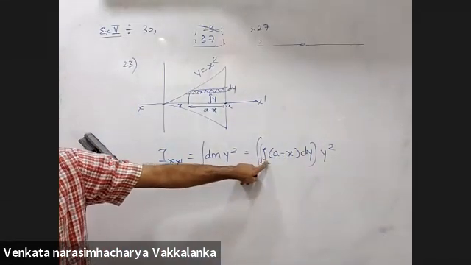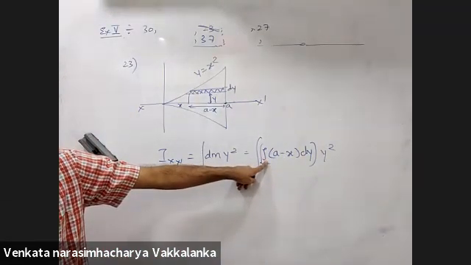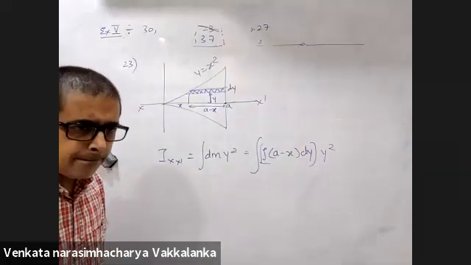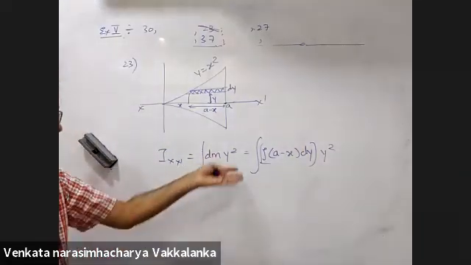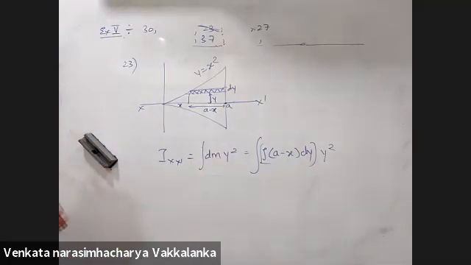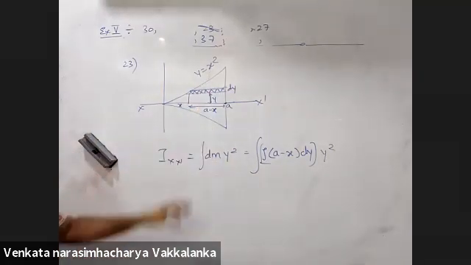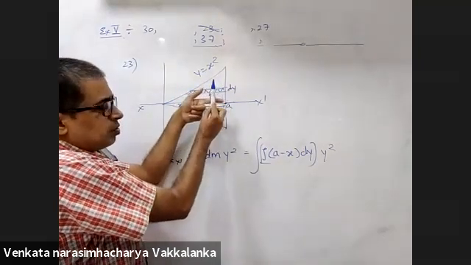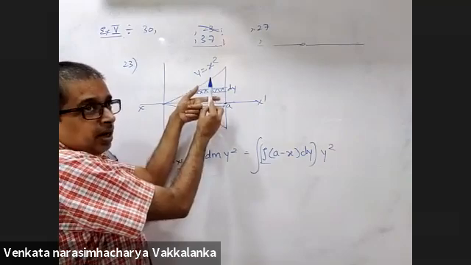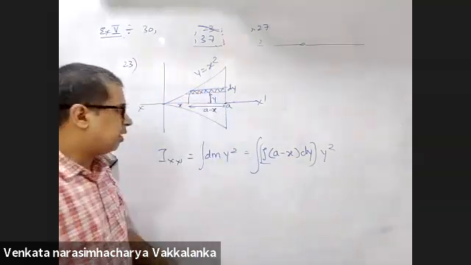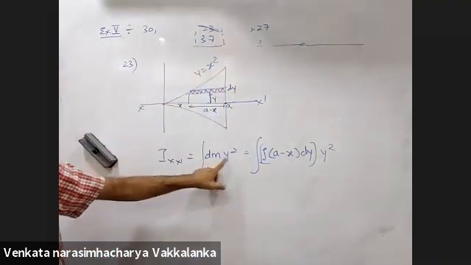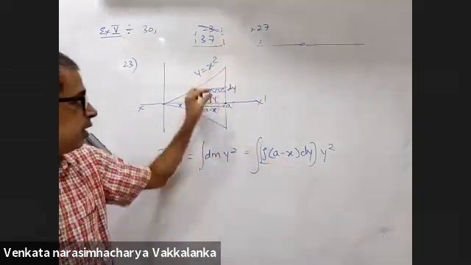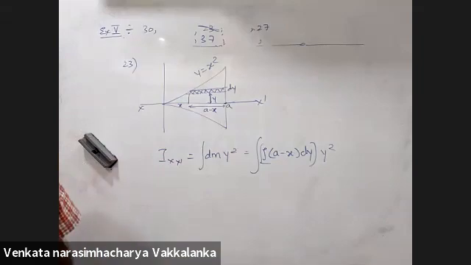Won't taking vertical strips be easier? Taking vertical elements will be easier, right? Anything is the same. The next step is the answer. You can take a vertical element, absolutely no issue. For a vertical element, what is the moment of inertia about this? dm L square by 12. Here it is dm into y square. dm is rho into a minus x, the length, into thickness dy.